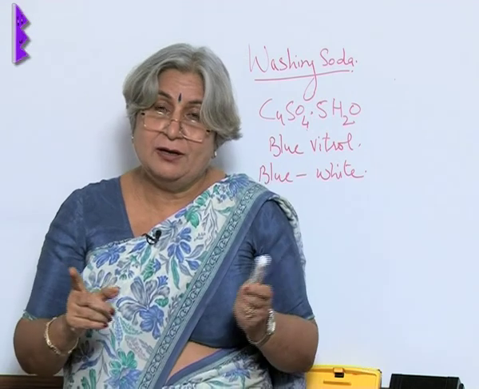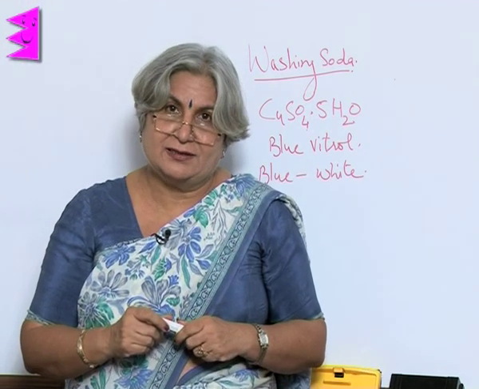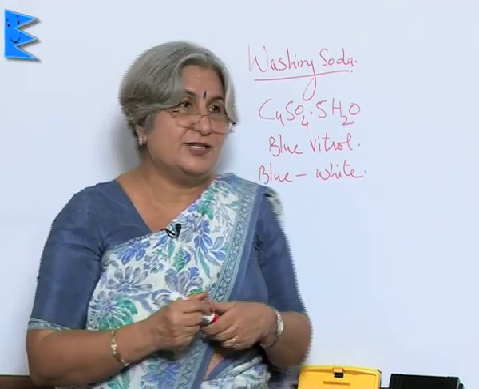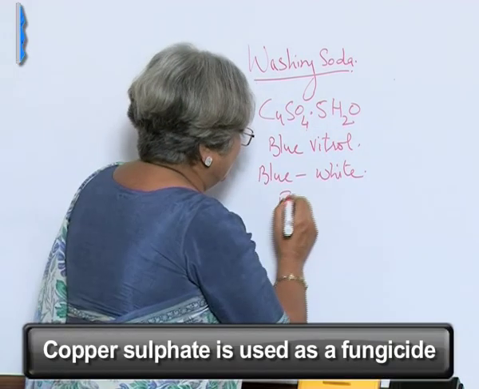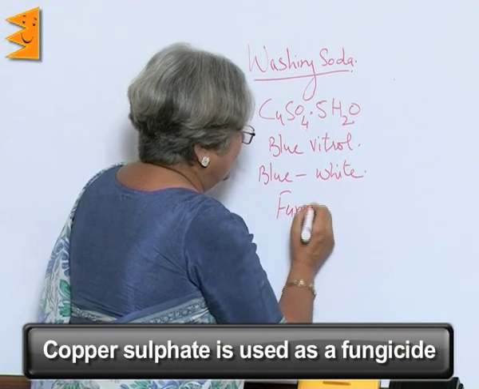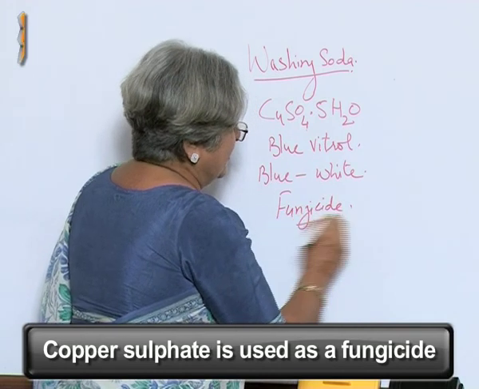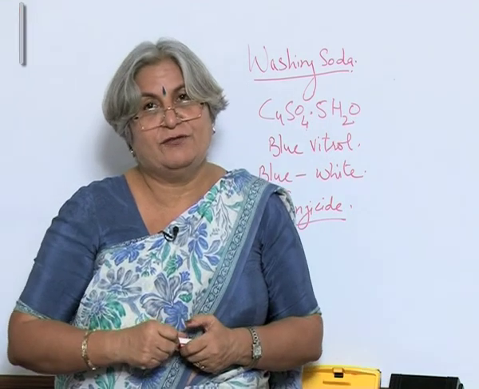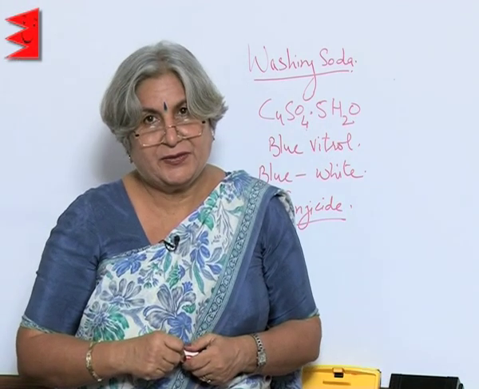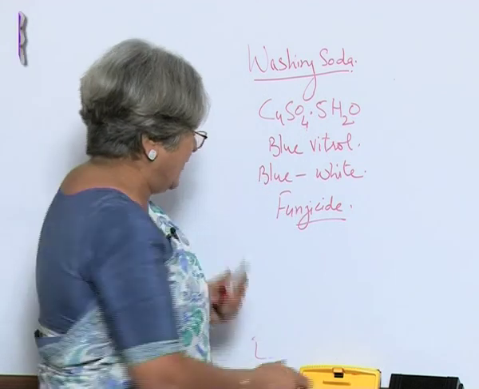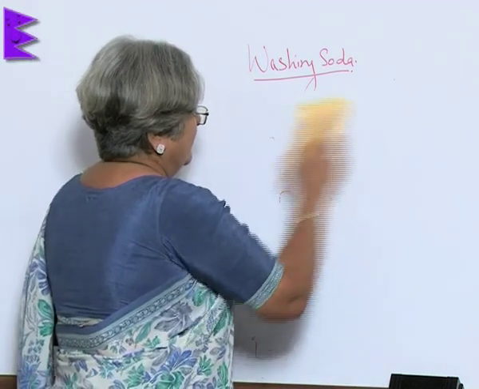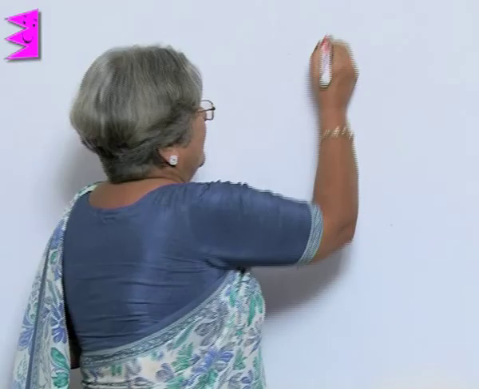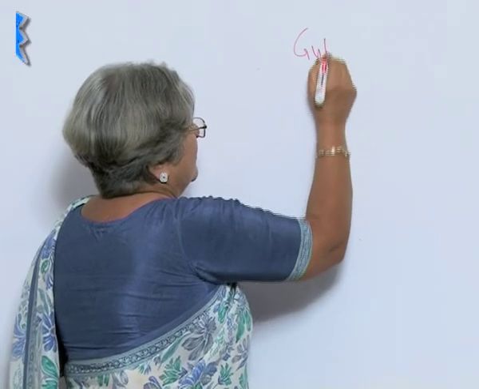But be careful, copper sulphate is poisonous. Because it is poisonous, it has many uses also. It is used as a fungicide or the pesticide, but one has to be careful because it is poisonous even for the human beings. In the case of calcium sulphate, which is called gypsum,